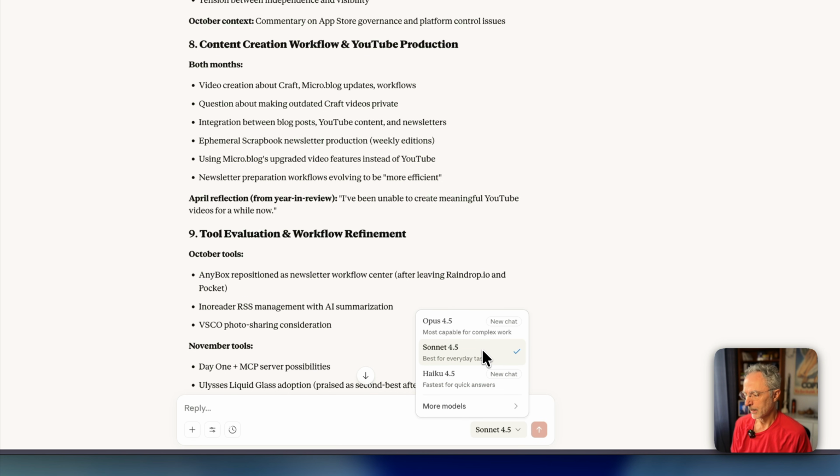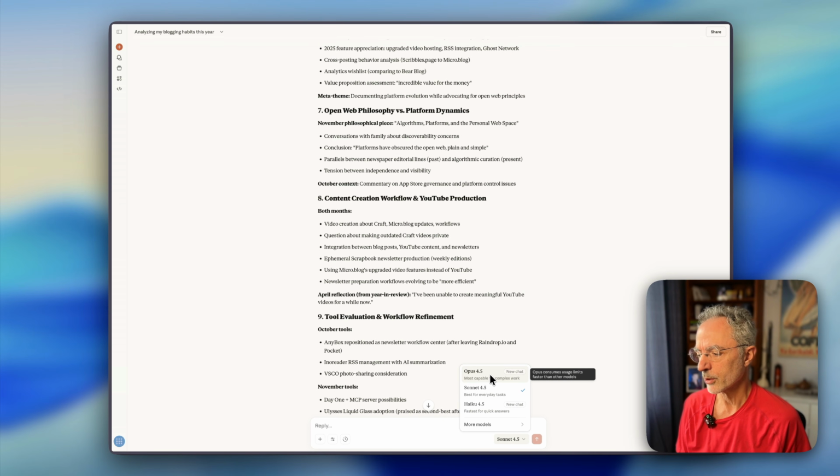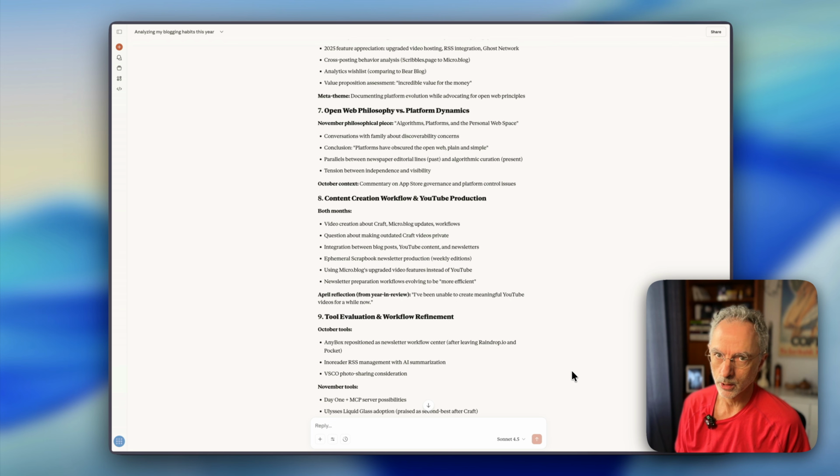I did some experimentation with Sonnet 4.5 and also Opus 4.5. This one gives a better answer, but it takes a longer time to answer the question and also consumes much more credits. So this is something that you have to consider and pay attention to when you are asking questions on a lot of documents that are rather long.